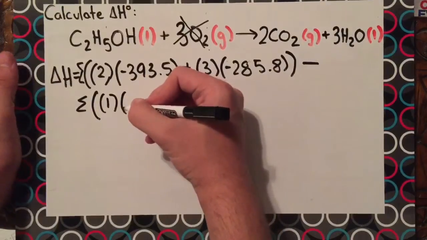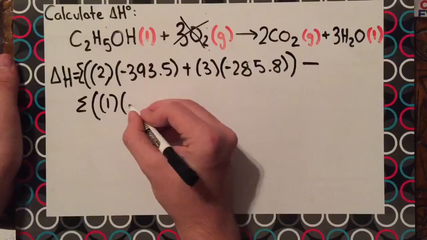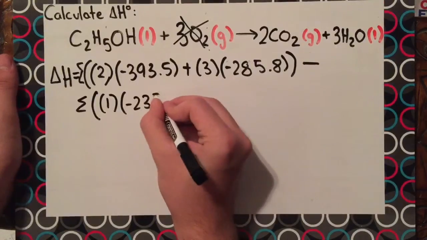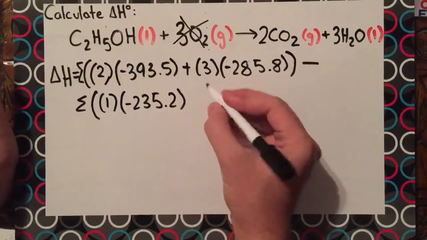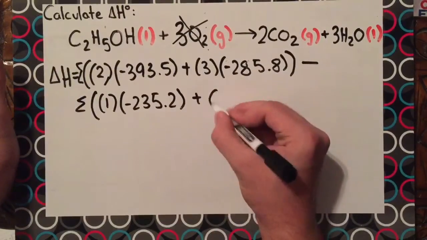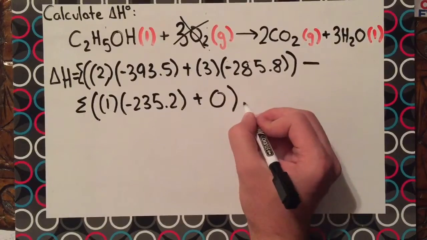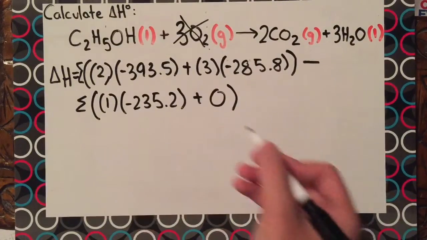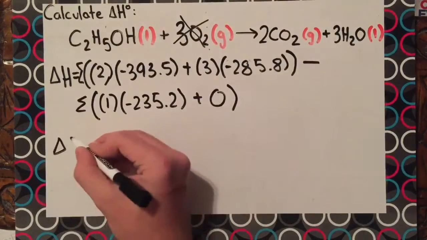And the standard enthalpy of formation for this is negative 235.2 plus 0, so this has no value. Alright, and now we have to calculate this. So if we calculate it,